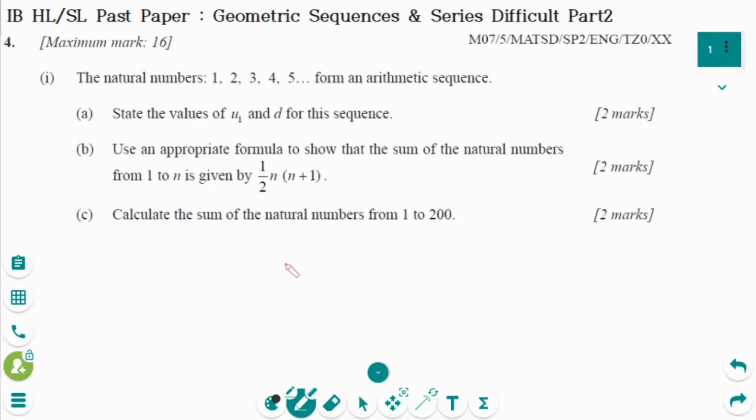This video will cover difficult Paper 2 questions regarding the topic of geometric sequences and series. This is the first one. It is the May 2007 SL Paper 2 Studies question. Number 1A,